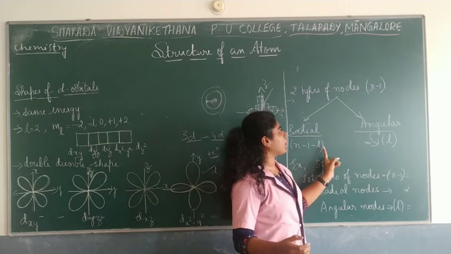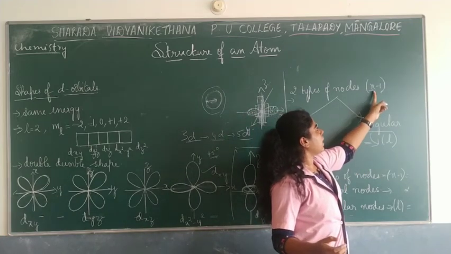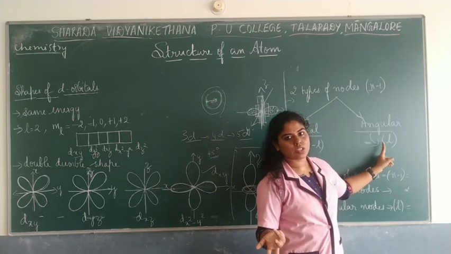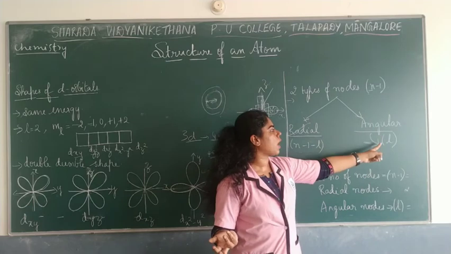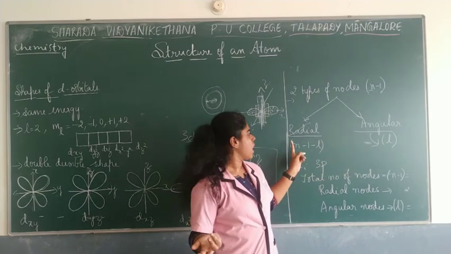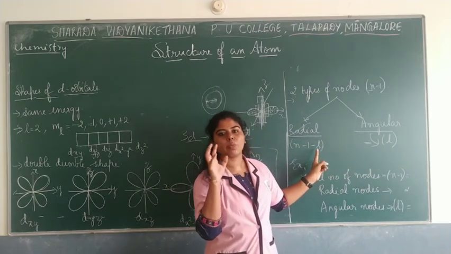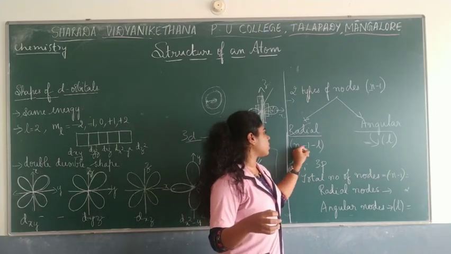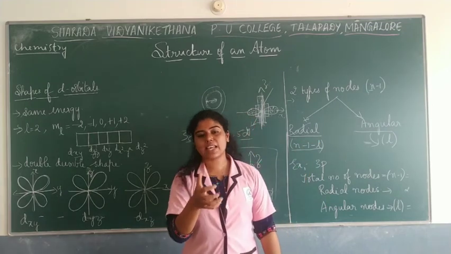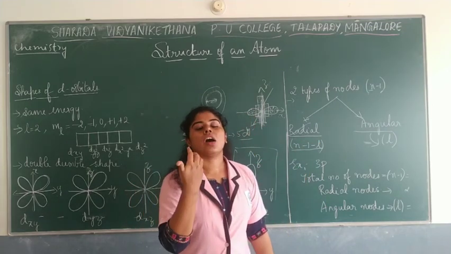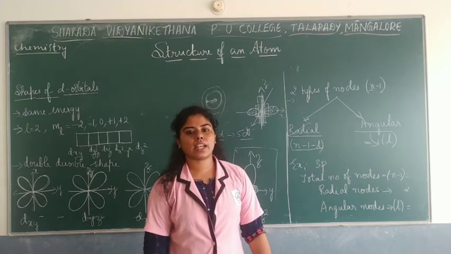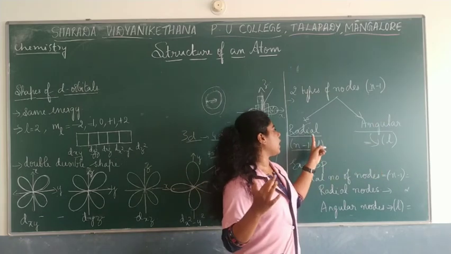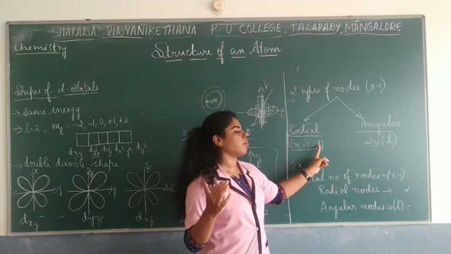Now, how is this formula obtained? If the total number of nodes is n minus 1, and then you have angular nodes, then the radial node should be n minus 1 minus L. Okay, so n minus 1 minus L would be the formula, an easier way in order to identify the radial nodes. So this is how you calculate the radial nodes. In the exams, questions can be asked to find out the angular nodes as well as the radial nodes. So for these formulas, angular, you remember, is directly equal to L value, and radial nodes is given as n minus 1 minus L.